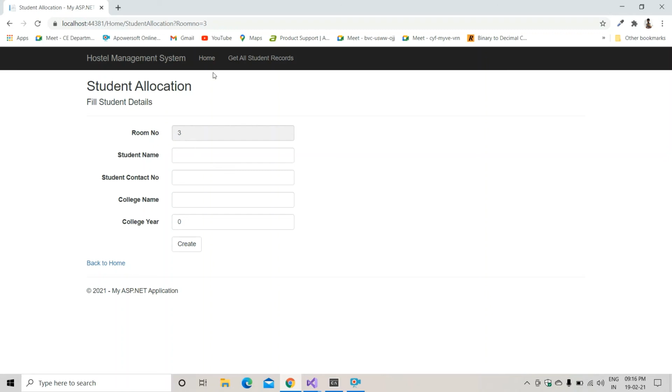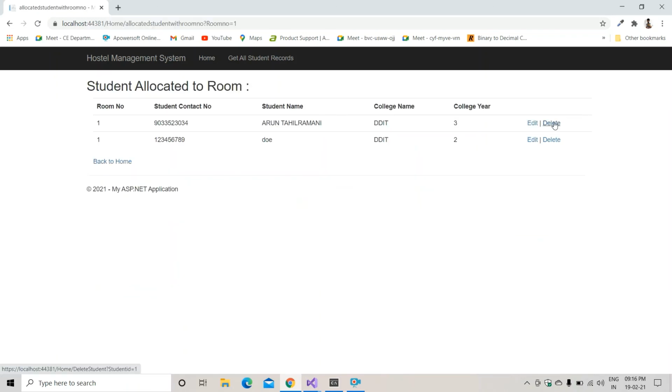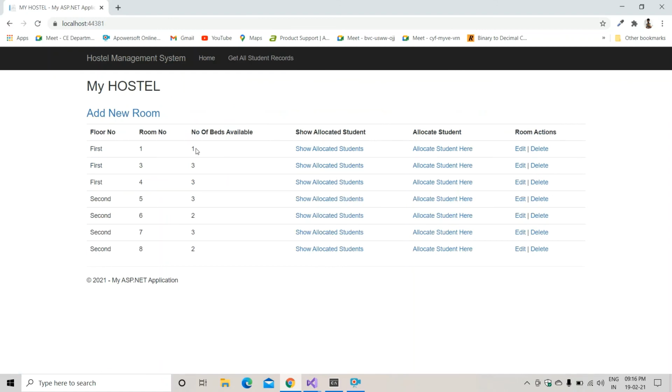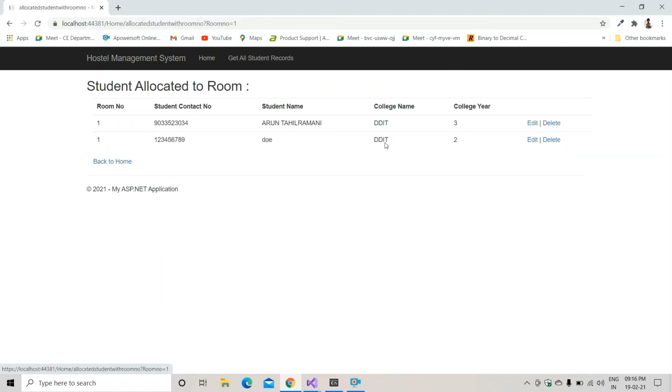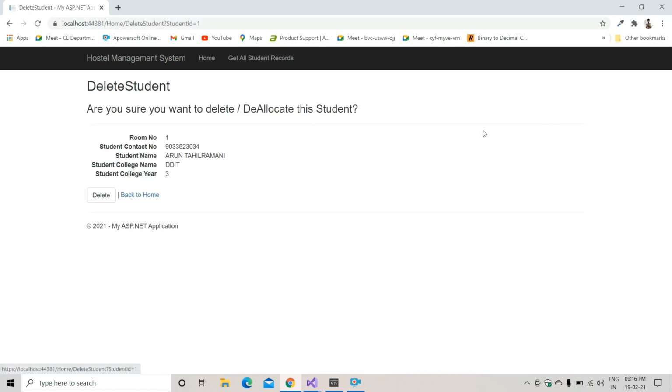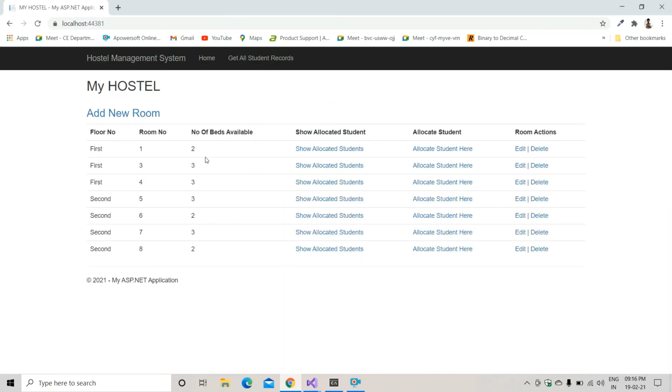And when we are deleting the student from here, the idea behind this is, first of all, it will deallocate the room from this student. So now you can see here that the number of beds available is 1. When I delete the student from this room, it will deallocate the room and then delete the student data from the table. So now let's see. You can see that the number of beds was first 1, now it is 2. It has reallocated the room, which means the value of the number of beds available is increased by 1 and then the student record has been deleted. Okay, so this was our project.